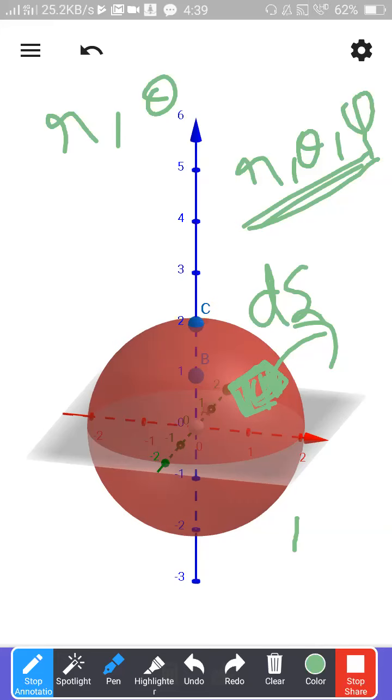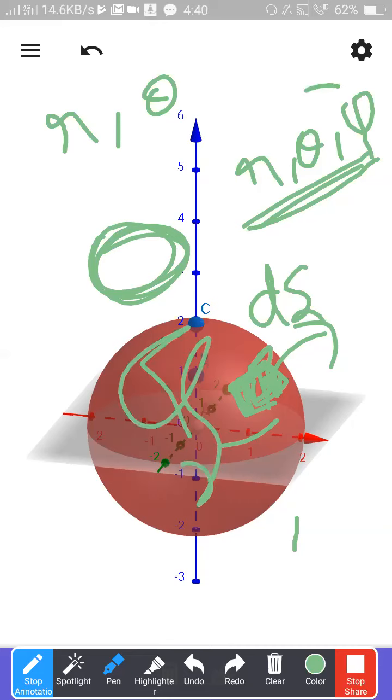Phi cannot be constant. You are here, phi is something. When you go here, phi is something else. You are here, phi increases in this way. Then how can you say phi is constant? Always remember, phi will be rotating in this direction. So you take any point on the surface of the sphere. What is constant? Only r is constant. The remaining things are variable. How can you move around on this sphere? Only with the help of theta comma phi only.